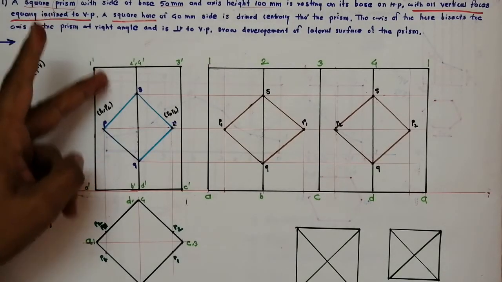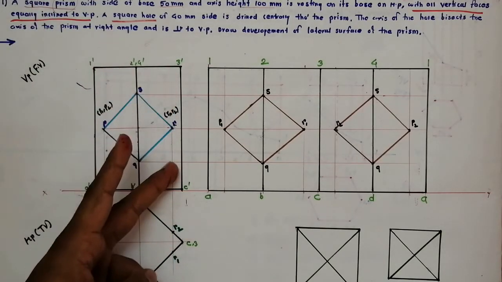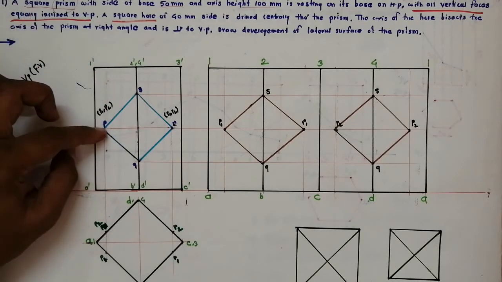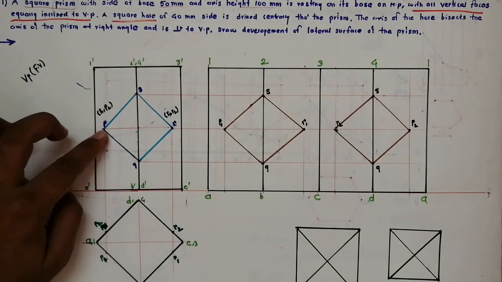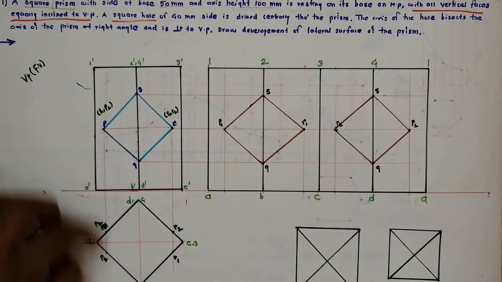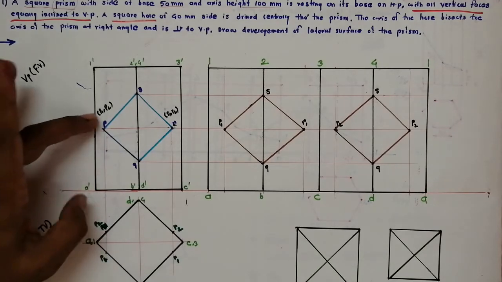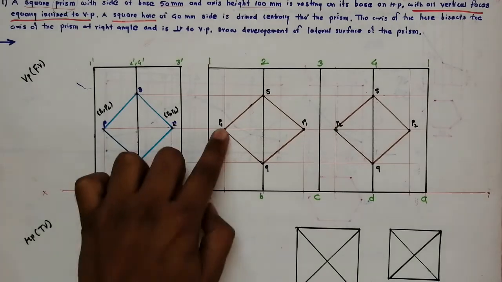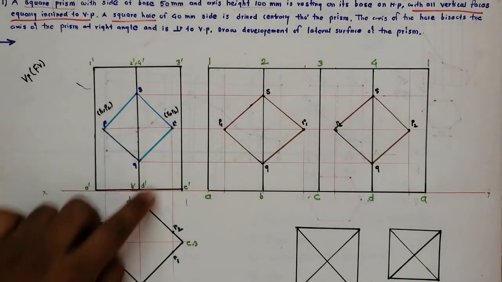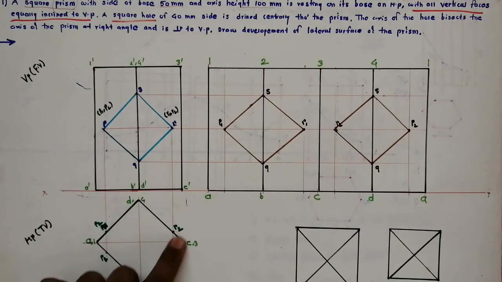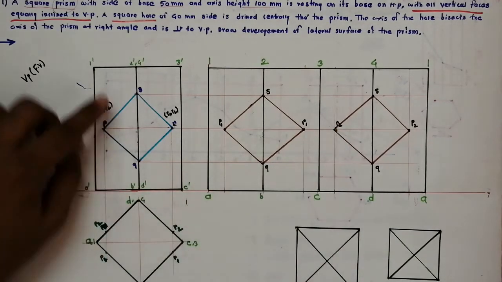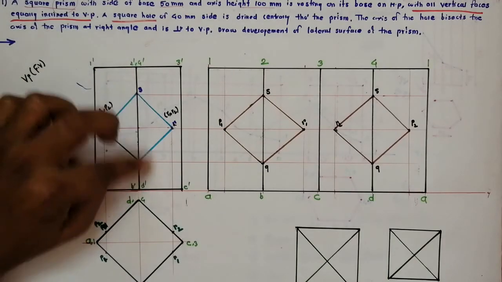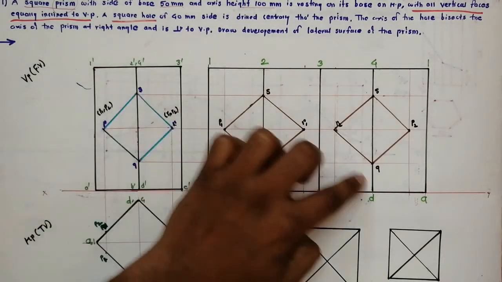For P we don't have any edge here, for R we don't have any edge. So if edges are not intersected in the front view, then transfer those intersecting points to the top view. So for P, how many intersections? It is intersecting two edges, so we get two intersections, P1 and P2. For R, it is intersecting two edges, we get two intersections, R1 and R2. S and Q are intersecting two edges, B2 and D4.